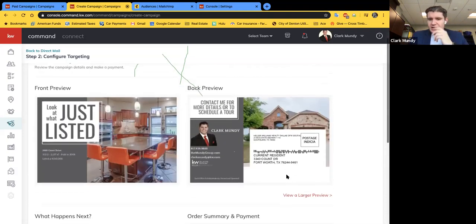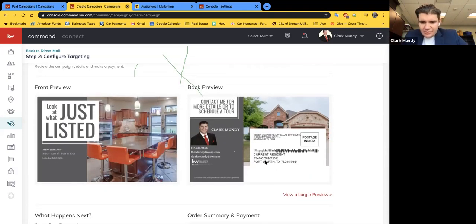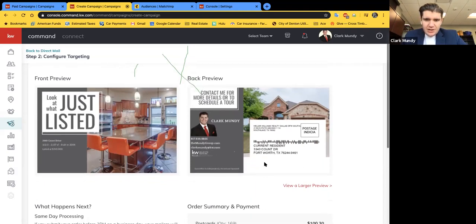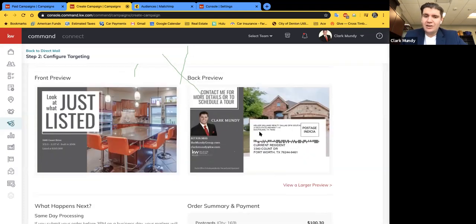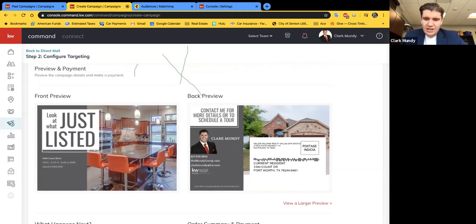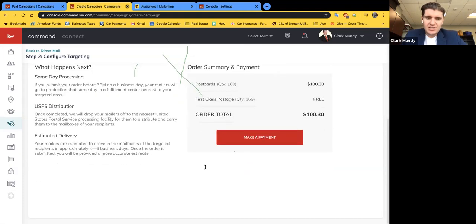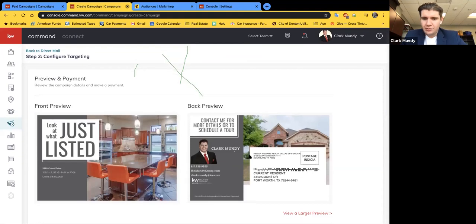Here we go. So see the address box right here on the back of the postcard actually covers up my photo. That doesn't look very good, does it? So you may actually work all the way to the point of getting to here and then realize, oh, dang it. Okay, the back of my postcard does not work. So in theory, I would at this point have to go back, save this as a draft, and then re-upload my fixed back